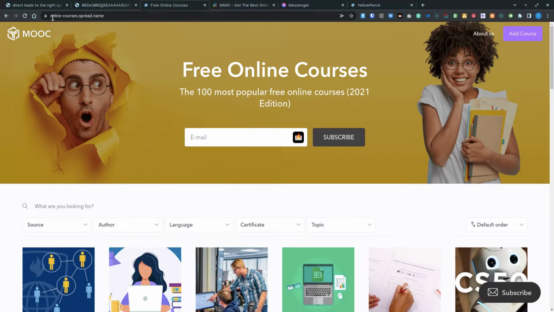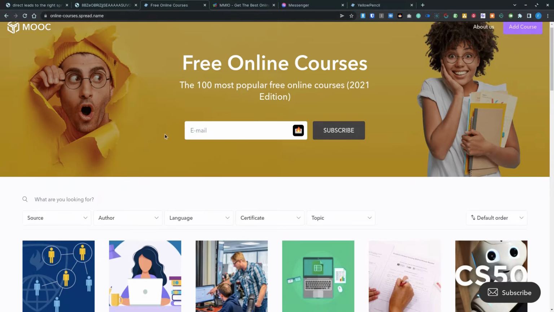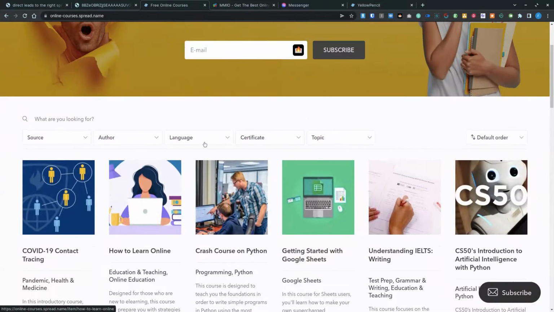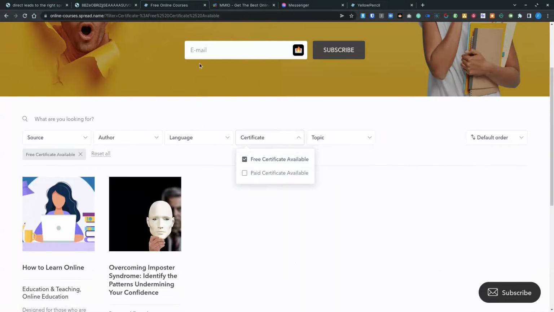I took this online courses sample that is on the Spread Simple site. If you notice, when you select a type of certificate here, notice what will happen with the URL. It will change. Spread Simple injects on the URL a parameter called filter, and then it says what should be filtered. And this happens also with